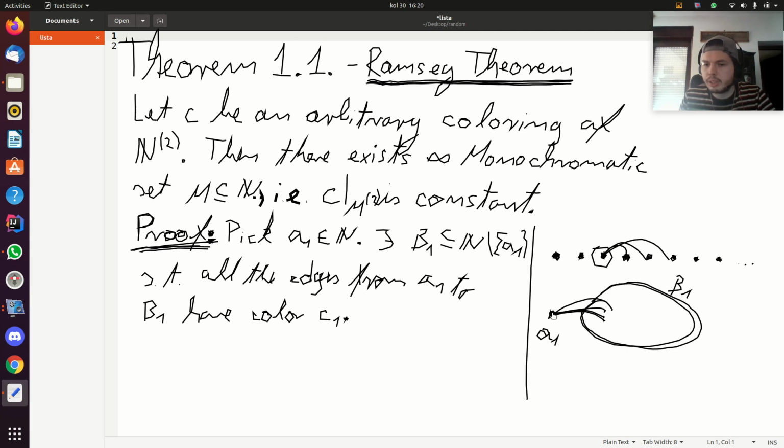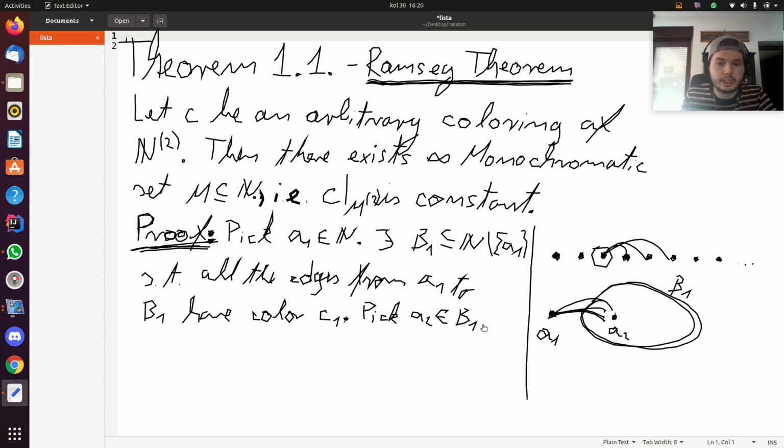We've arranged so that every edge from A1 to something in B1 is of the same color. What can we do now? Well, we repeat the process. We pick an A2 inside B1. So pick A2, an element of B1,